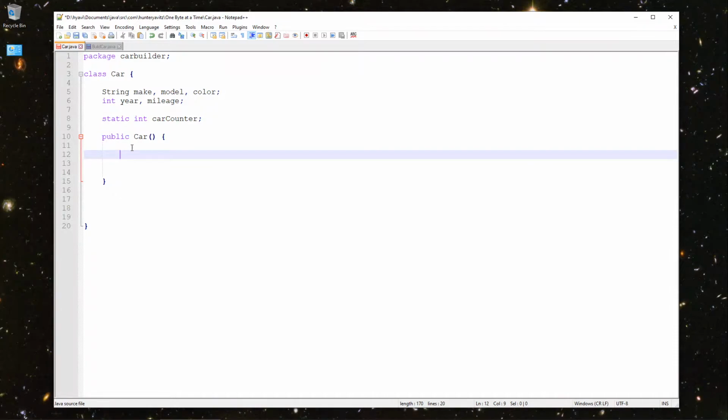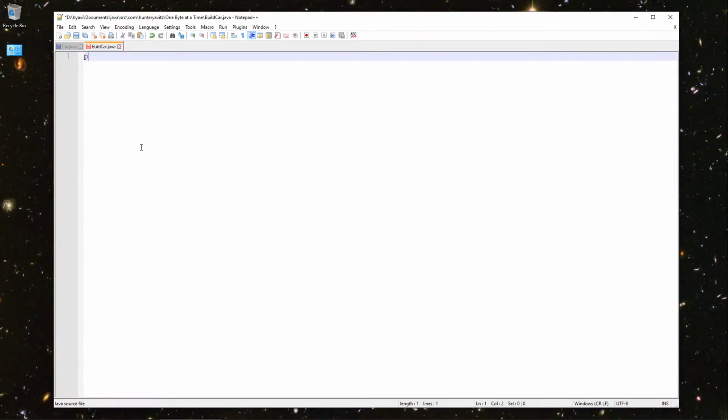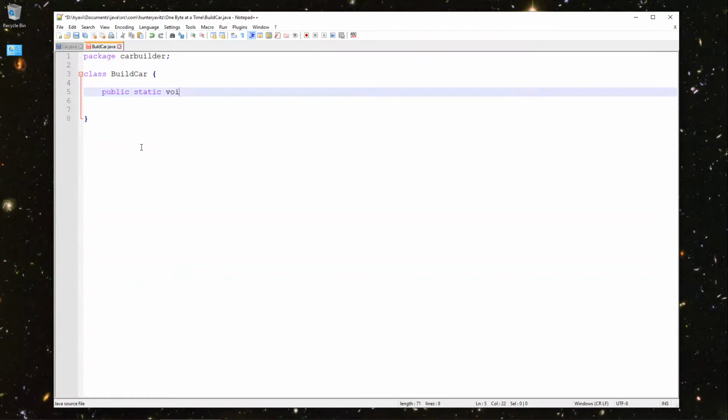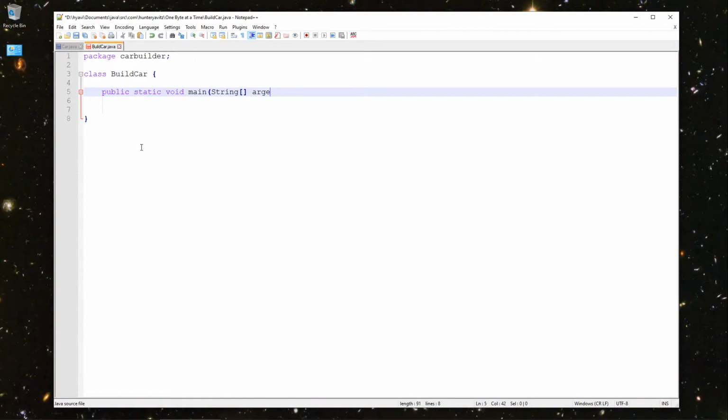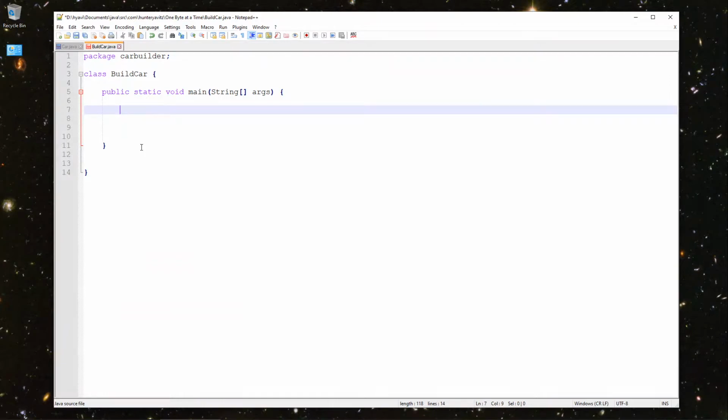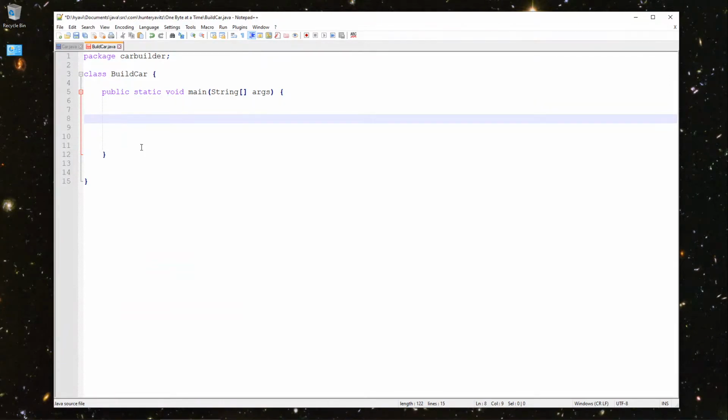However, just to make it more interesting, let's go ahead and jump into our buildcar.java. We're going to make sure that we include it in the same package, car builder. We'll go ahead and define the class under the same name, buildcar. And here we will in fact declare the main method, because here is where we need the entry point. And in this main method is where we'll go ahead and make a call to the constructor method of the